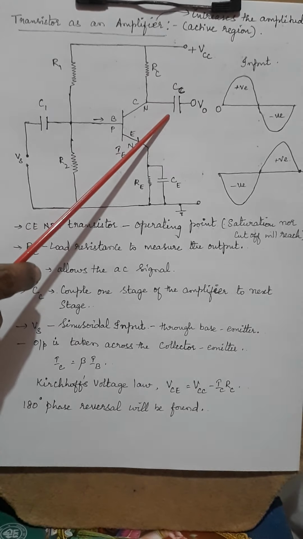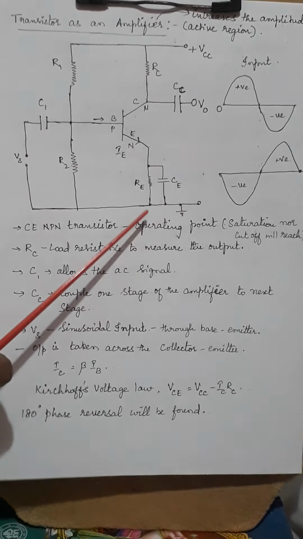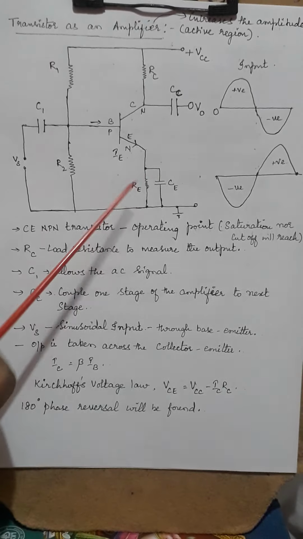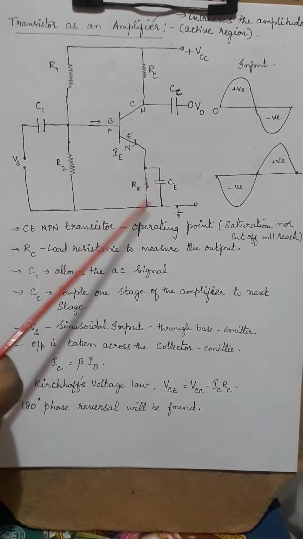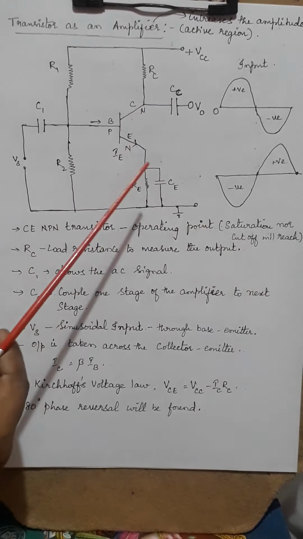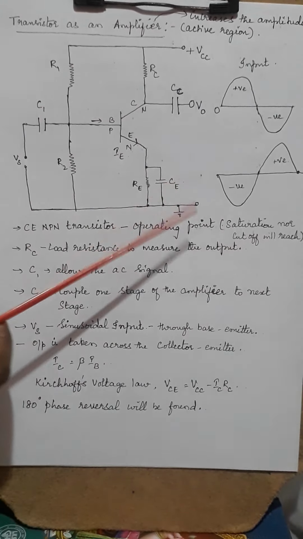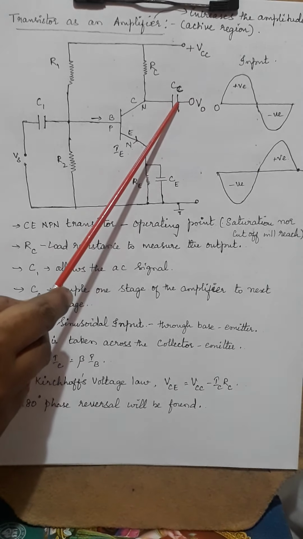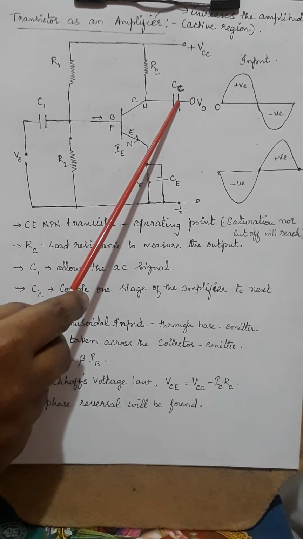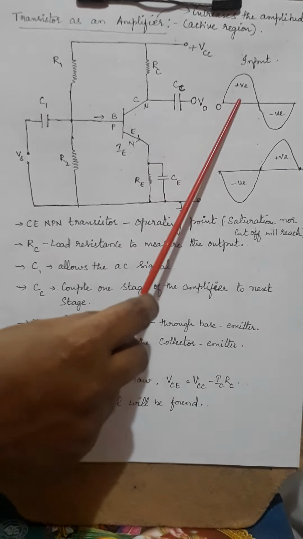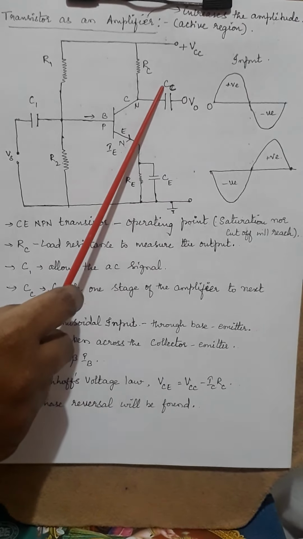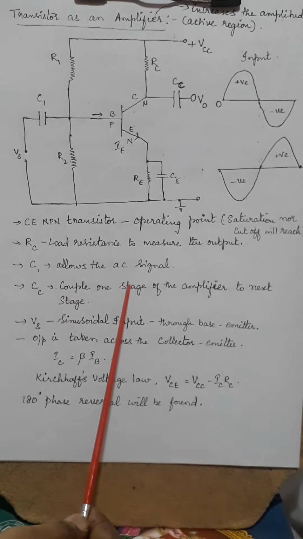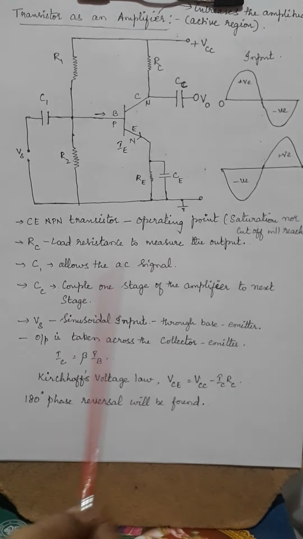This is a single stage amplifier. This itself will multiply the signal 100 times. If you need any signal to be amplified more than that, we use multi-stage amplifiers, wherein you need capacitors through which it will be connected to the second stage, where this will act as the input, or this will be connected to another transistor. That is why you have something called CC, which is called coupling. It couples one stage of the amplifier to the next stage.